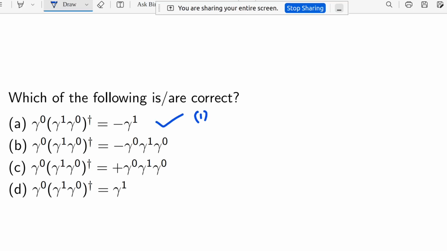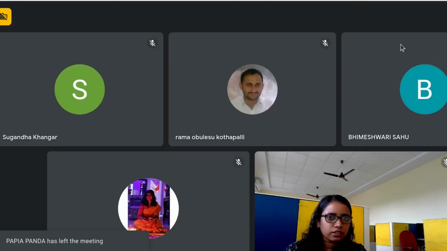Now coming to the fourth option, you can definitely see that the fourth option and the first option are a little bit complementary to each other. Like if it is minus gamma 1, it is gamma 1. So that will not be possible because we have already calculated it will be minus gamma 1. Okay. Now coming to the B option. B option is gamma 0 gamma 1 gamma 0 dagger. Whatever we have just calculated, it will be minus gamma 1. Is it equal to this one or this one? You can see the expressions are